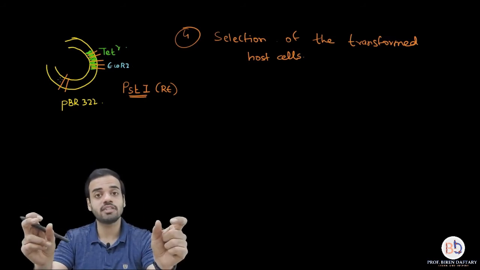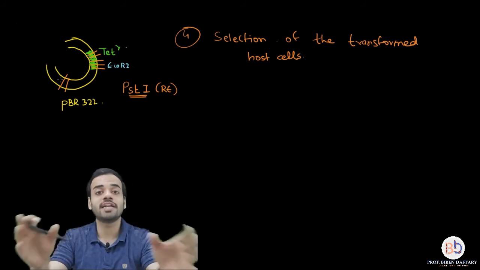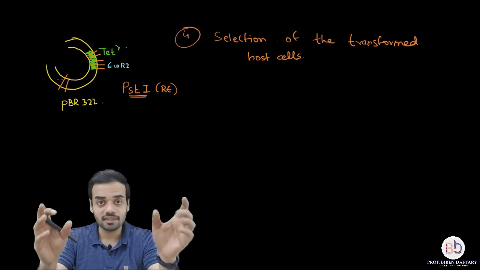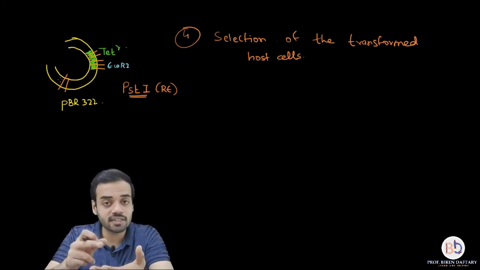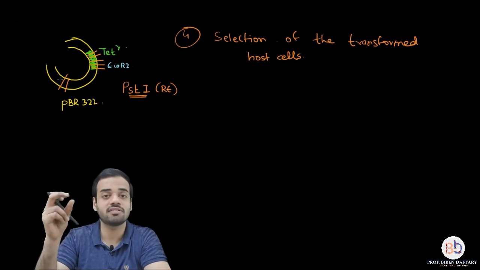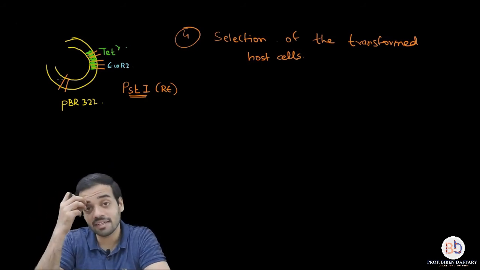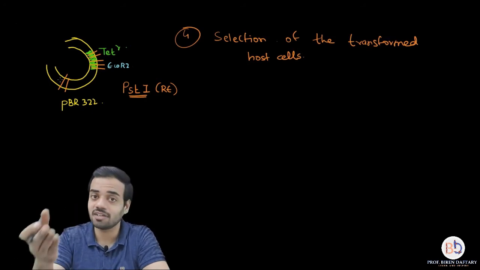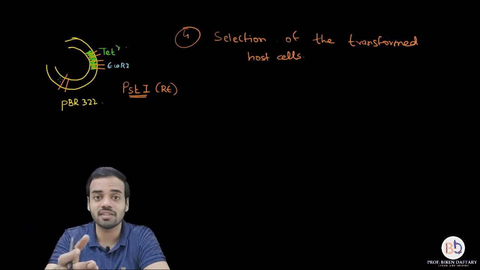So both the genes are present, so none of the antibiotics can kill pBR322, neither ampicillin nor tetracycline. Is this clear? Here we are taking the example of PstI. What has happened? The PstI recognition site, or restriction site, is in the ampicillin gene region. The ampicillin gene region gets cut because PstI cuts in that area, its sequence is over there, and when that